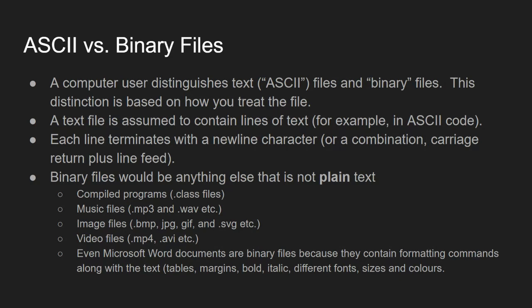Music files like MP3 or WAV files, those are binary files because they're not text at all. They're a bunch of ones and zeros representing music, like sound waves and that information, and it gets decoded and processed by some program. Same with image files and video files, and even Microsoft Word documents, although you might think that's plain text,